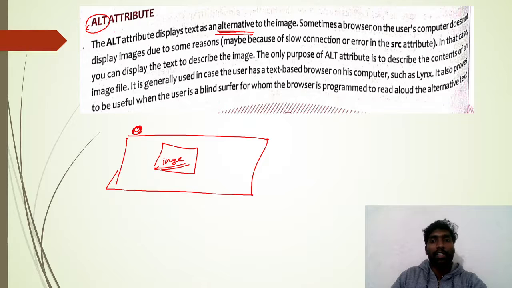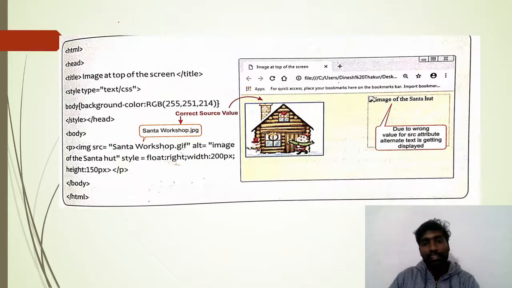So in the alt place, the text we mention will display here. Sometimes when the internet is slow, the page will load but the image will not open. That time, the text we mention in alt will display on the web page. Example, kindly see here.